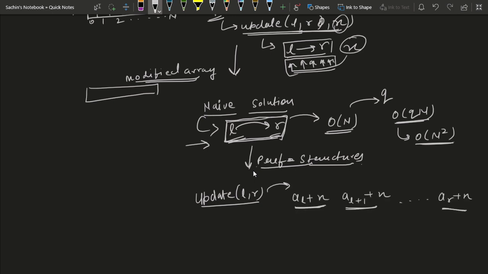The first change is going to occur at the boundaries. Like here the element is going to remain at L minus 1. Nothing is going to get added to this element, and nothing is going to be added beyond that element. So the only thing that is important to us here is the boundary elements, that is the Lth element and the Rth element. So we have to do something on this Lth element and the Rth element, and we would be done, and using that update